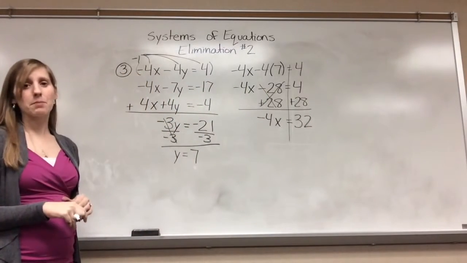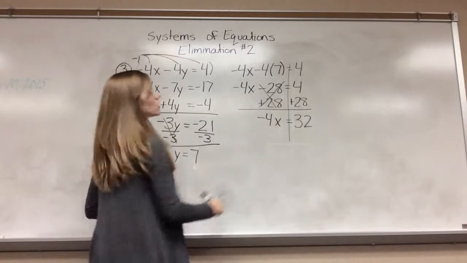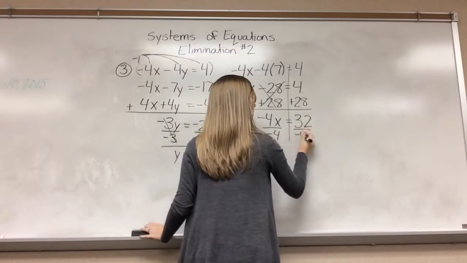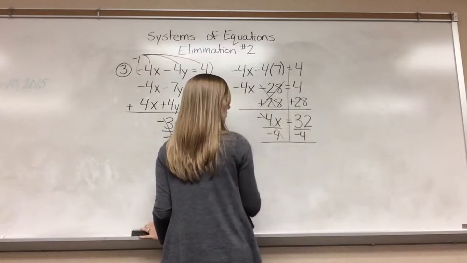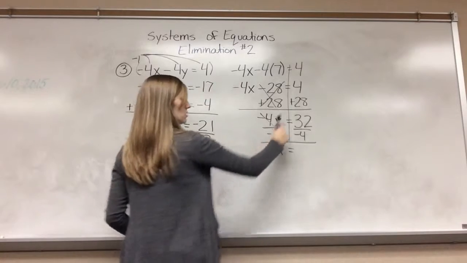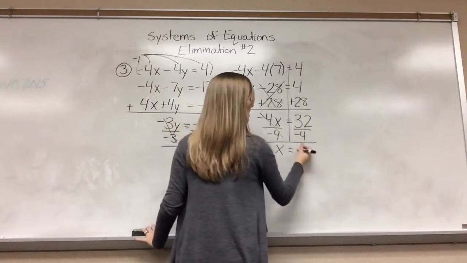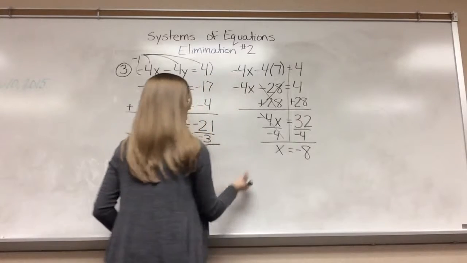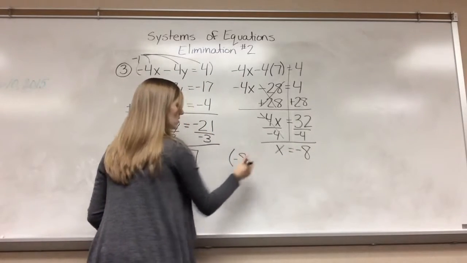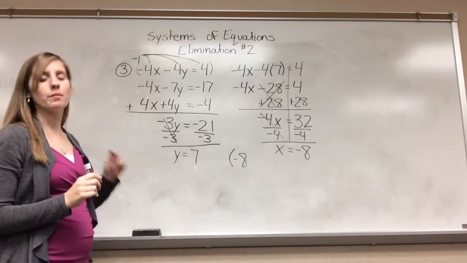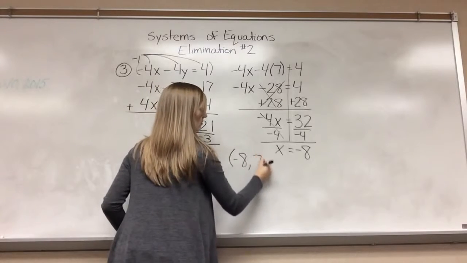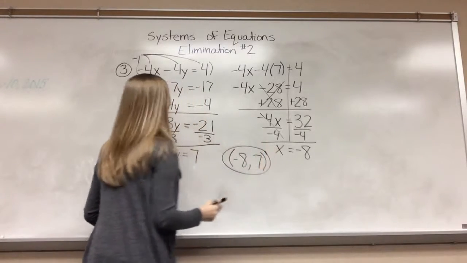We have one last step. I have to cancel out the negative 4, so I need to divide both sides by a negative 4. Negative 4 divided by negative 4 cancels, because that's a positive 1. So I have x equals 32 divided by negative 4 is negative 8. So my solution, I'll put the negative 8 first, because you always put the x coordinate first. Remember, alphabetical order. So negative 8 and then 7. This is our solution, negative 8, 7